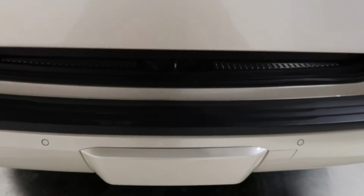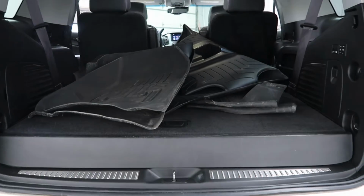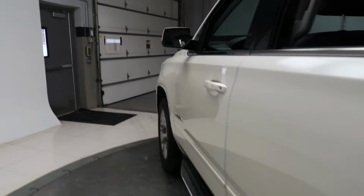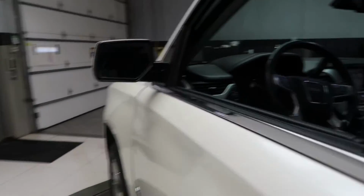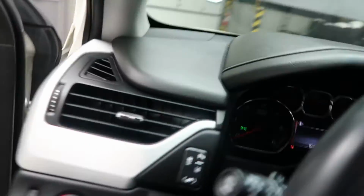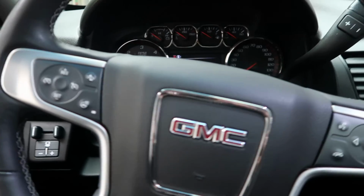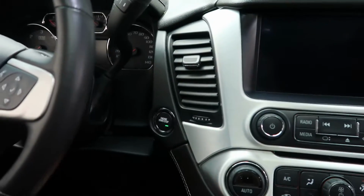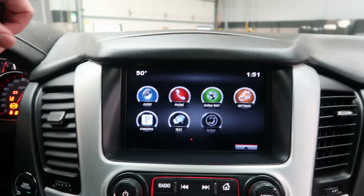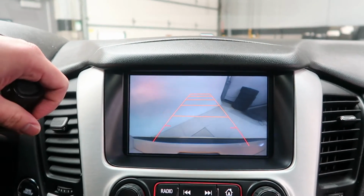Yukon badging, power liftgate, a clean set of all-season floor mats, fold down third row seating, blind spot assist, power windows, Bose sound system, power seats, steering wheel controls, a push start ignition, touchscreen media display, rear view backup camera,